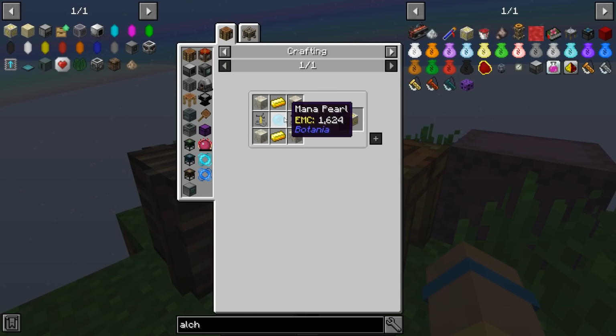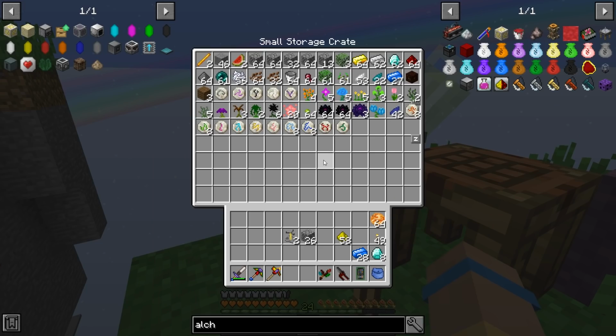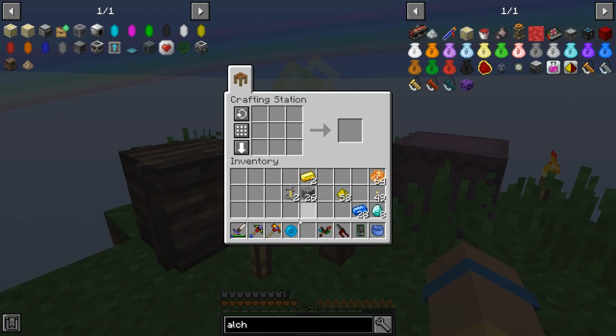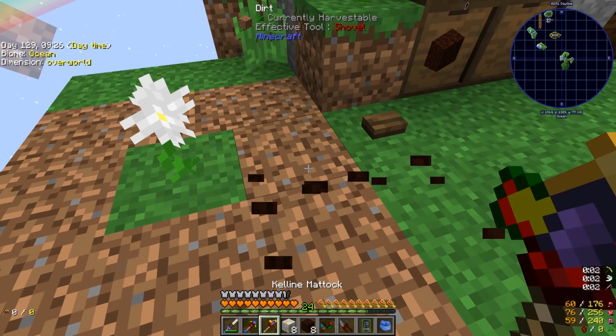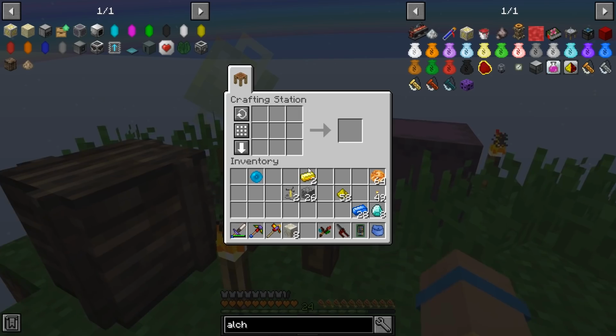One more Botania thing we should probably do is make this alchemy catalyst, and what this does is it lets you transform certain things into other things with the cost of mana. So like for the flowers, for example, if you put in, I don't know, a poppy, a vanilla flower, it'll turn into a different flower from vanilla Minecraft, and you can just cycle through. It's really helpful